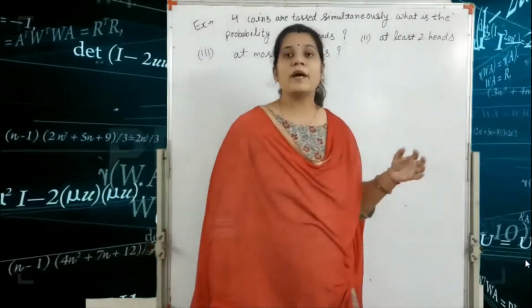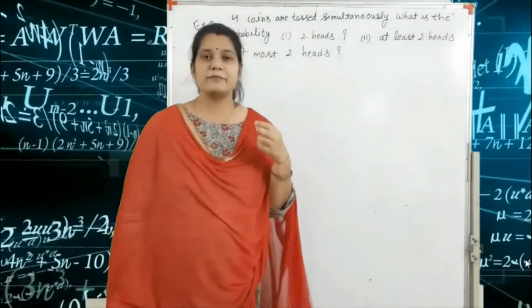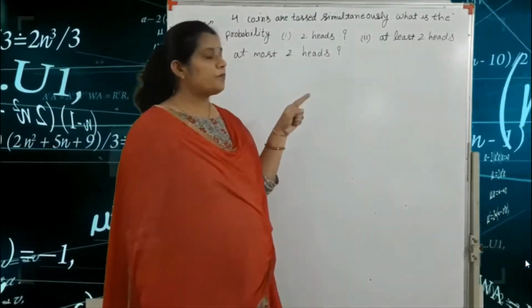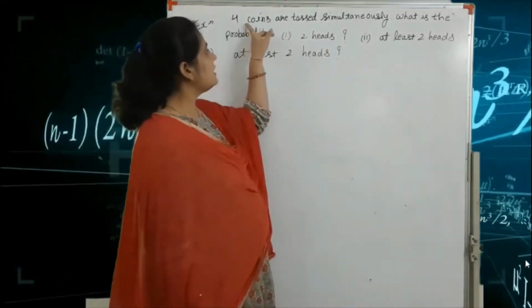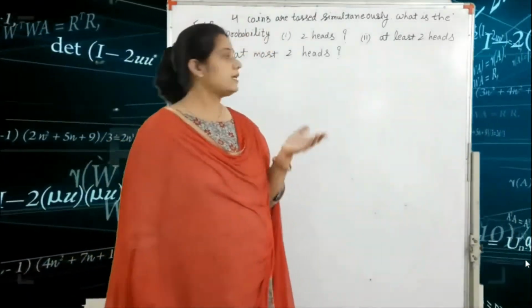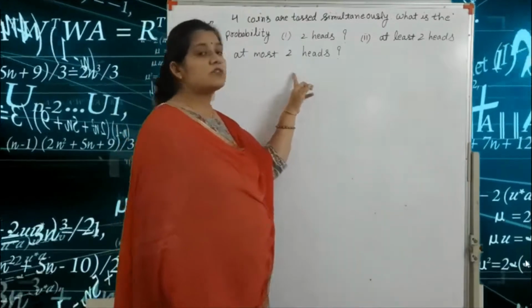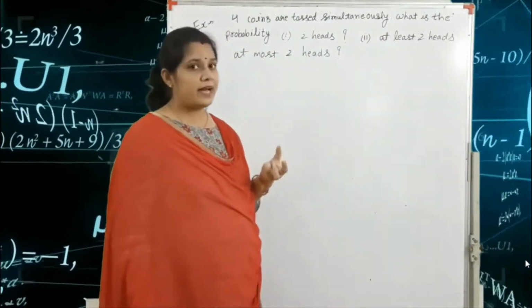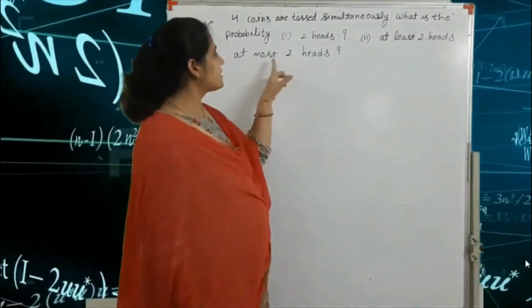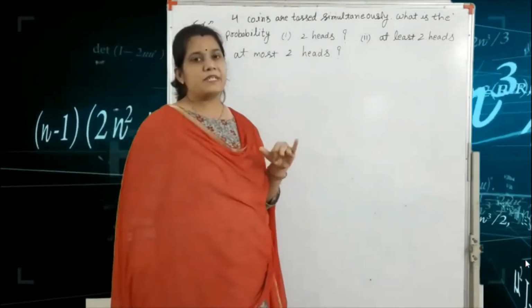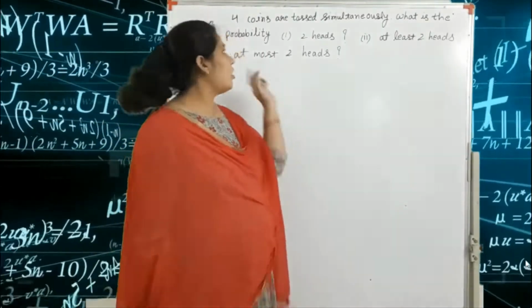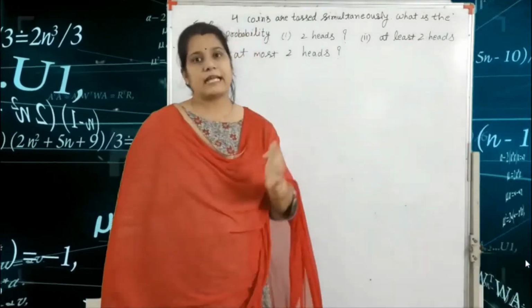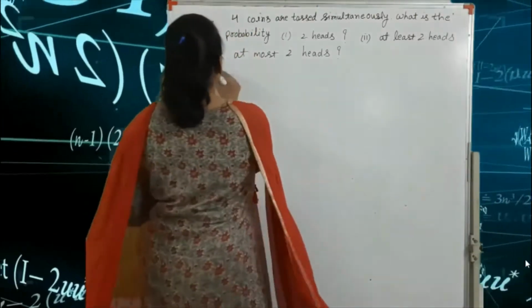What is the probability of getting at least two heads? That means two, three, or four heads, because here we toss 4 coins. And at most two heads. That means the maximum number of heads is two. That means one head is also considered, and most probably zero heads as well. Okay, so first the solution is,